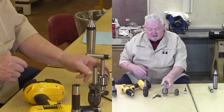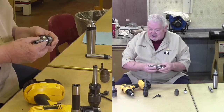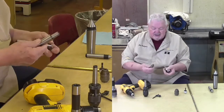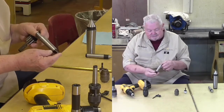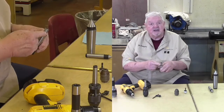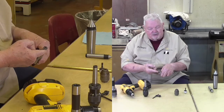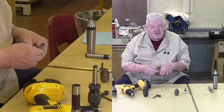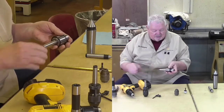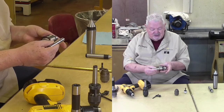When you buy one of these devices, I can almost refer to them as a Jacob's chuck again, sometimes they come in 2 pieces. The chuck and a piece that looks like this. Morris taper on one end and a second taper on the opposite end. This is a Jacob's taper. And there are a number of different Jacob's tapers. If you buy one at some companies, you may find it coming in 2 boxes or 2 pieces. The chuck